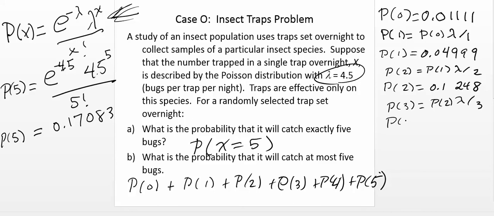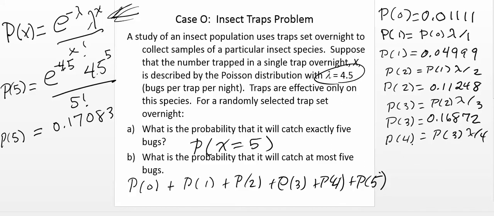So the probability that x is equal to 3 is 0.16872. Now the probability that x is equal to 4 can be found from the probability that x is equal to 3 times lambda divided by 4,